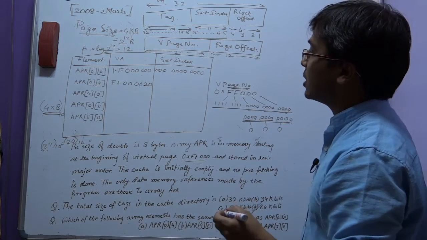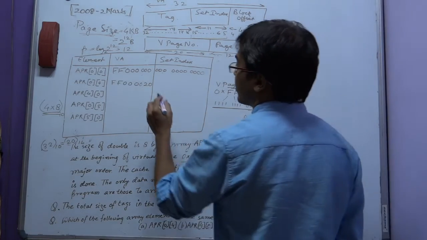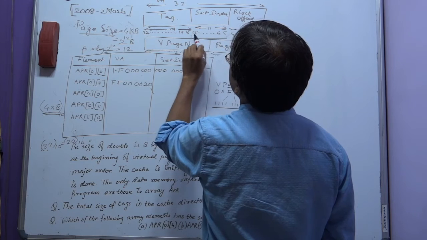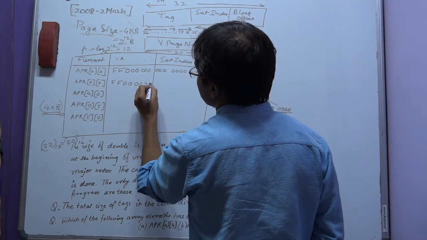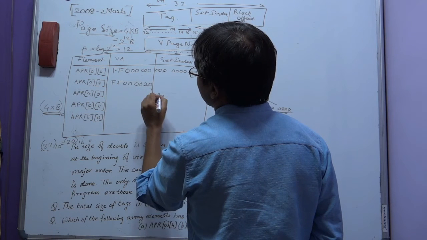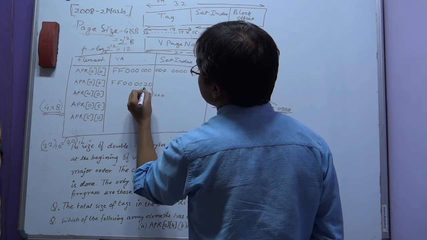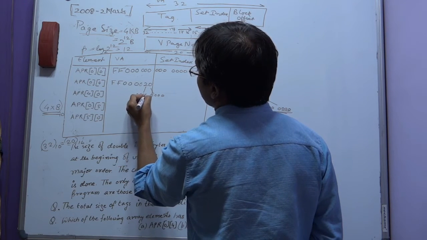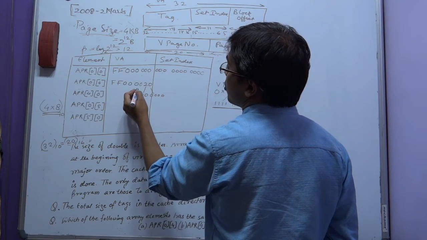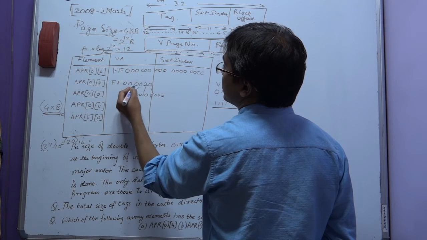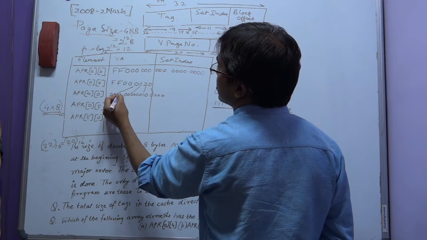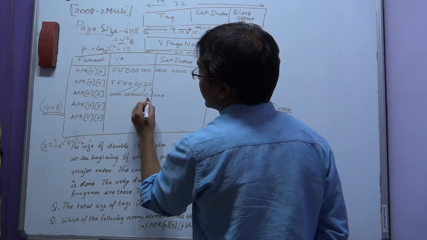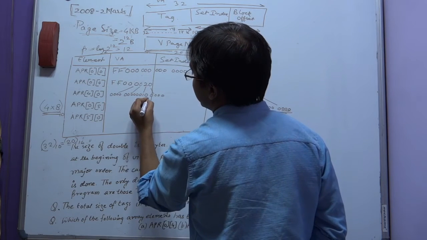So this is the virtual address of APR04 in hexadecimal, and we need to find out the 5th to 15th bits of the virtual address. Each hexadecimal digit can be converted into 4 bits in binary. So this one is 0010, this would be 0000 and this would be 0000. No more conversions are required because this would be sufficient for getting the 5th through 15th bit.